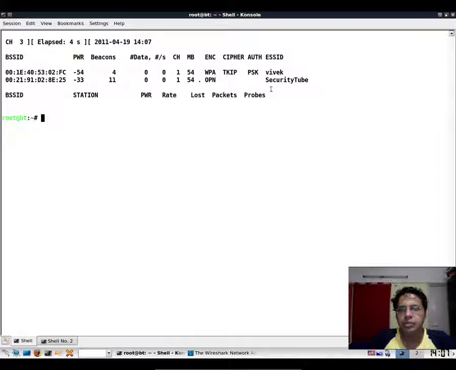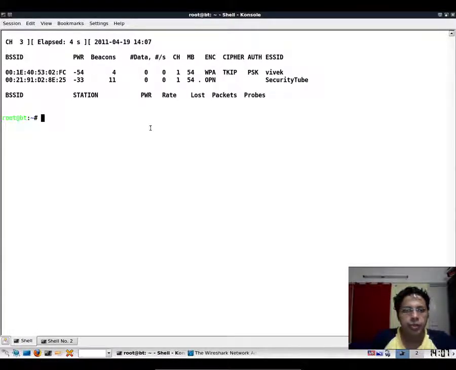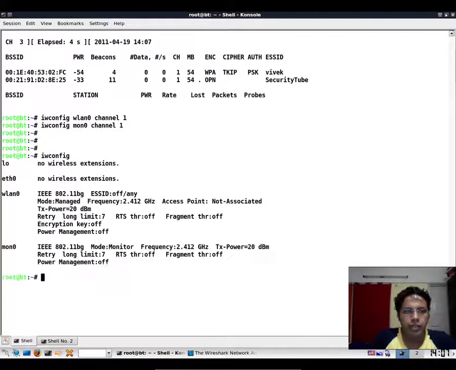As we can clearly see, the access point is on channel 1. So we need to ensure that the card and the sniffer interface are also on channel 1. If we look at the statistics, we will notice that the card is currently on frequency 2.412 gigahertz, which is nothing but channel 1.